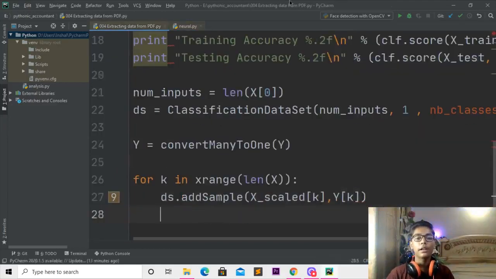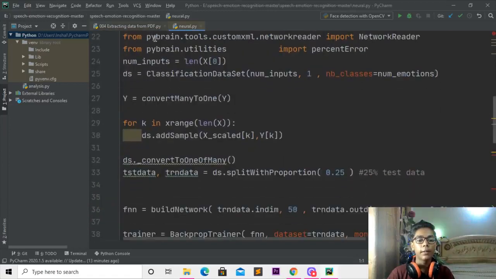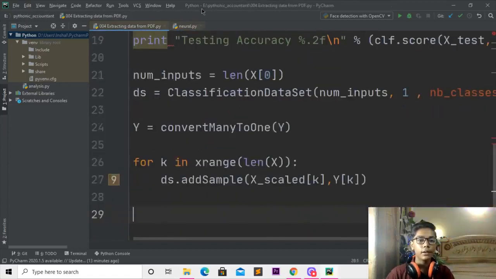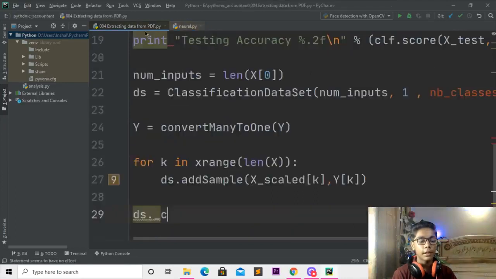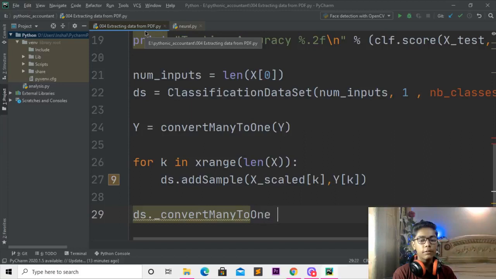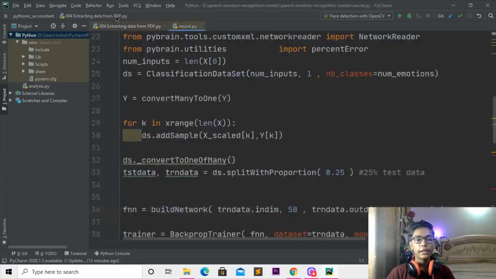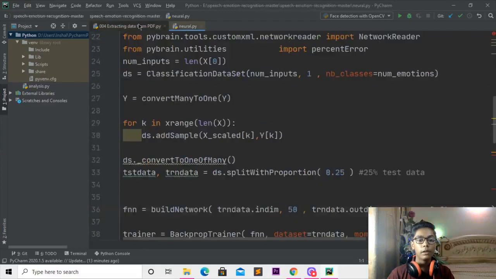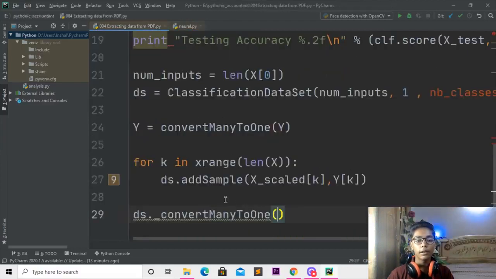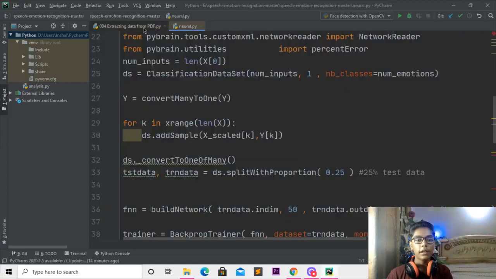So when you've done with that, here I'll be coming underneath, and now writing a tag which should be ds dot, and here I'll be writing convert many to 1. So here I'll be writing this bracket, and I'll be doing one thing now. If I move here, okay, so there is convert here. So if I just come here, you can see there it is written convert to 1